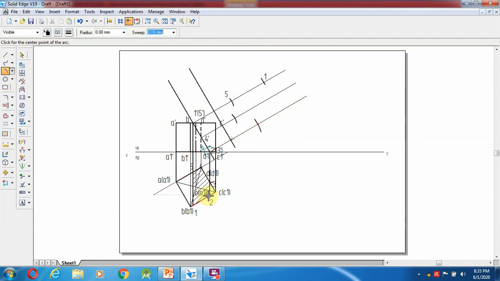And the full length, we can measure with the help of this line. So that is 45.46. Select line, sorry, arc 45.46, enter. From here to here.